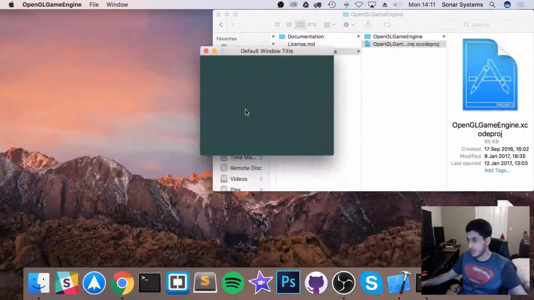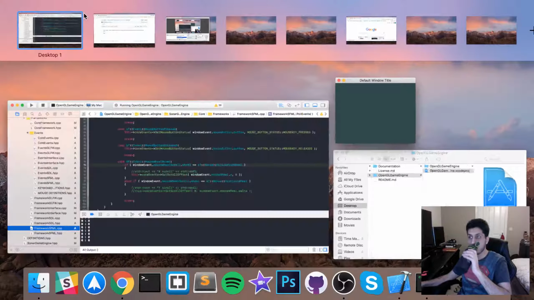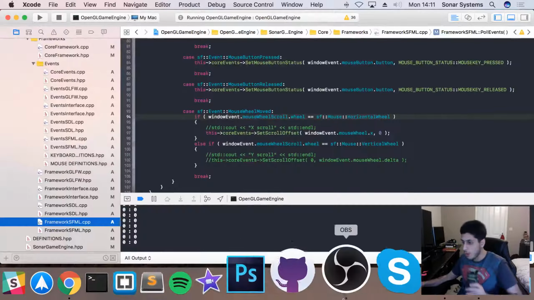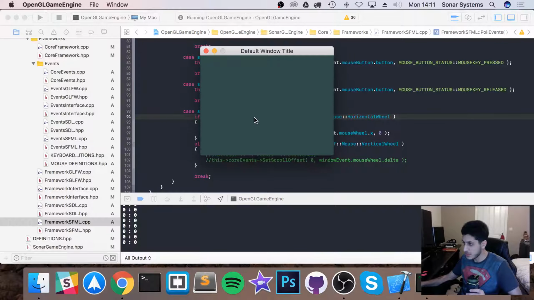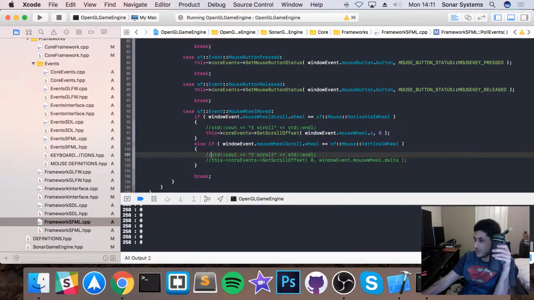It might be best if I open it up like this so we can actually see what's happening. So I'm scrolling. It seems to only detect the scrolling one way, but when I use the other direction, it sort of detects it in the other way. So if I do